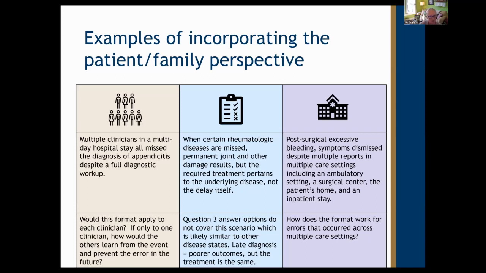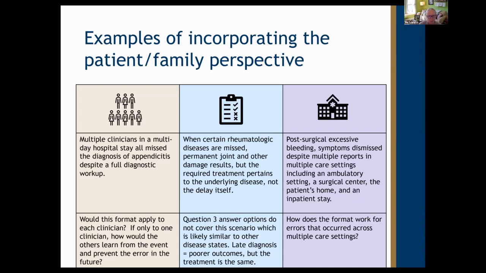In my world, in rheumatologic diseases, I guess you could get there, but on question 3, when it talks about impact to the patient, I didn't feel like the answer choices were a good fit for our disease states, because there's this second half of the sentence that talks about, does it change the treatment trajectory? And that's not really the issue. The treatment is the same because the treatment is what it is. The difference is if you are diagnosed late, you have really poor outcomes compared to people who are diagnosed early. It's all of the permanent damage that results. It doesn't have as much of a bearing on the treatment. And I feel like that gets a little bit lost in the way it's worded.